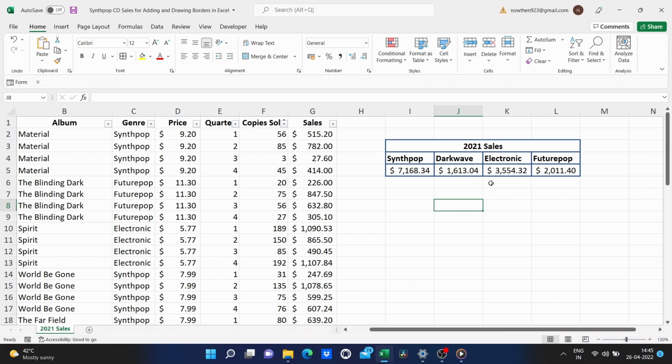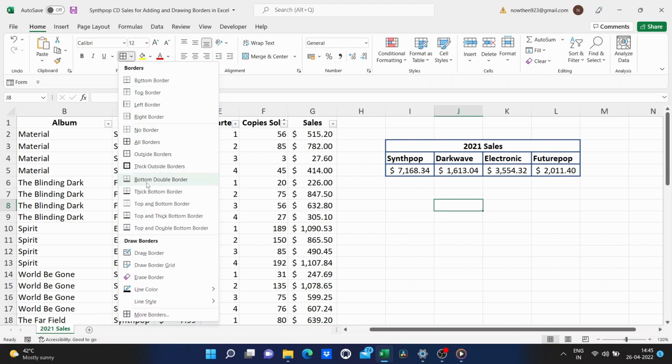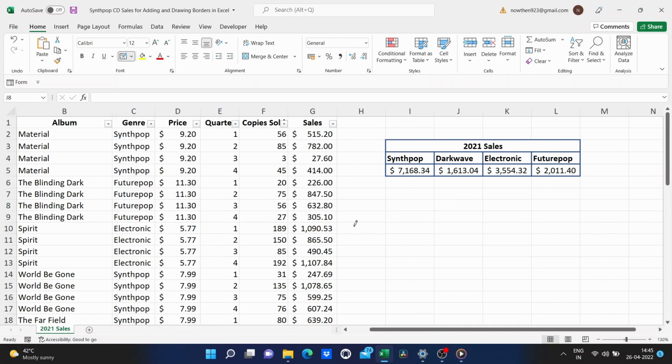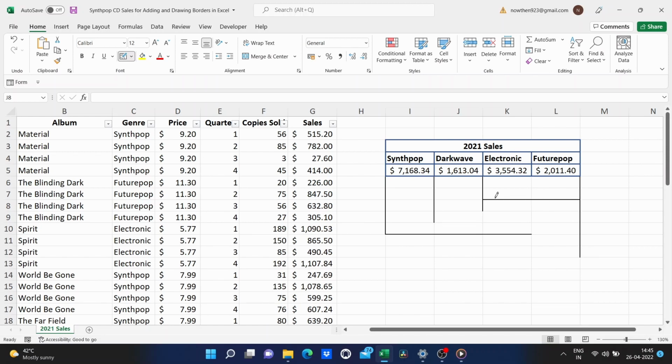Now, there is another way to add borders, and it's a lot of fun. It's called Draw Borders. Without selecting anything specific, all I have to do is go up here to this More Borders button and click, and then I could go down here to draw a border, and now I can simply click and drag to draw a border into my spreadsheet. And I can extend that anywhere I want. I can put a border here if I want, one there. I can be as specific and detailed as I want with these borders.